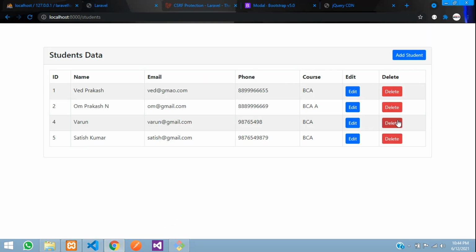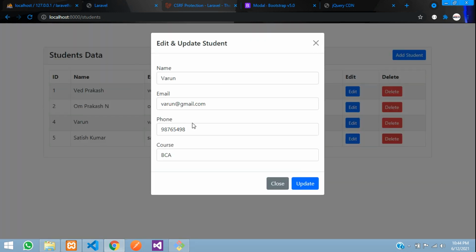Refresh, let's click on delete. Perfect. So we clicked on 4 and we got 4. Cool. So now when we click on this delete button, I need a pop-up modal to come like this and delete the data. So let's copy this same form.